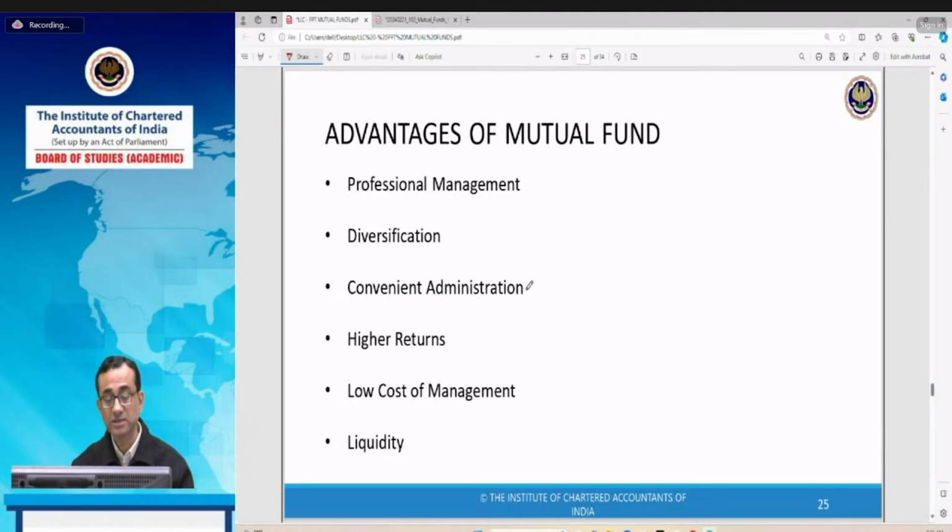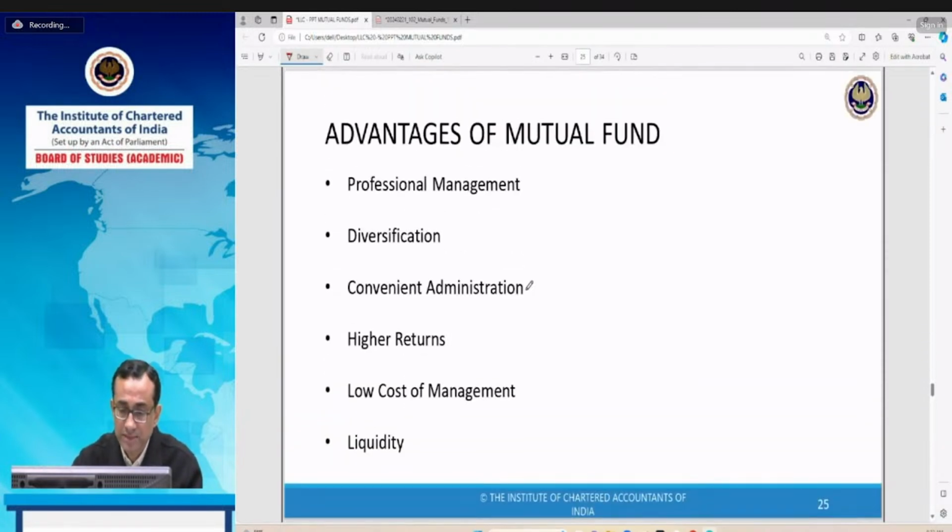Mutual funds generally give a high return. On an average, they give 10 to 12% return. Some are getting higher returns of more than 12%, and some mutual funds are getting less returns also. But on an average, they give a higher return in comparison to if one invested in a bond or debt, or in case of fixed deposits. So return is higher in comparison to debt funds or fixed deposits.